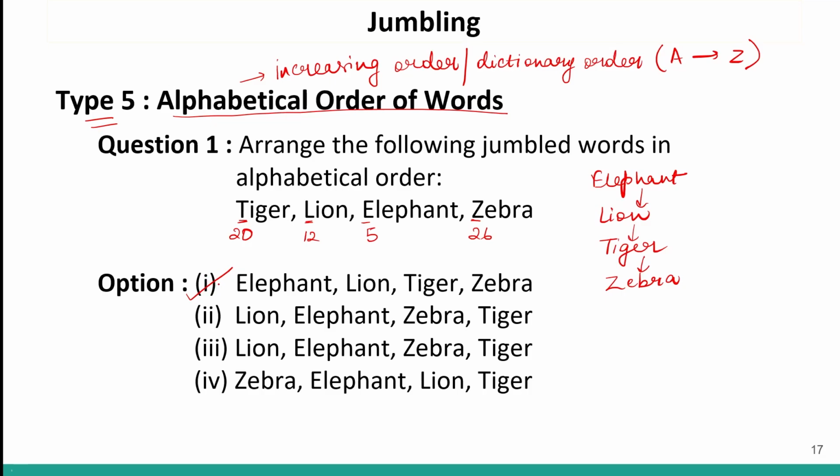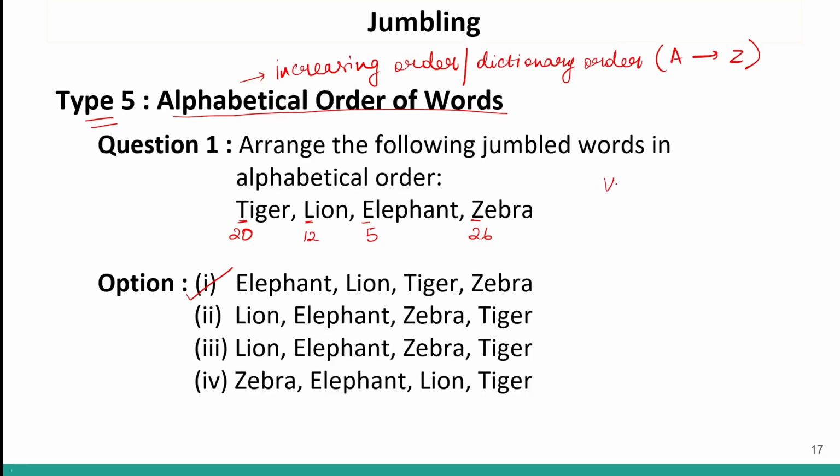Now, another thing. Let us say we are given words like these. I gave you the example of a teacher maintaining an attendance register. In an attendance register, we put names in dictionary order, right? So let's say we have five students.